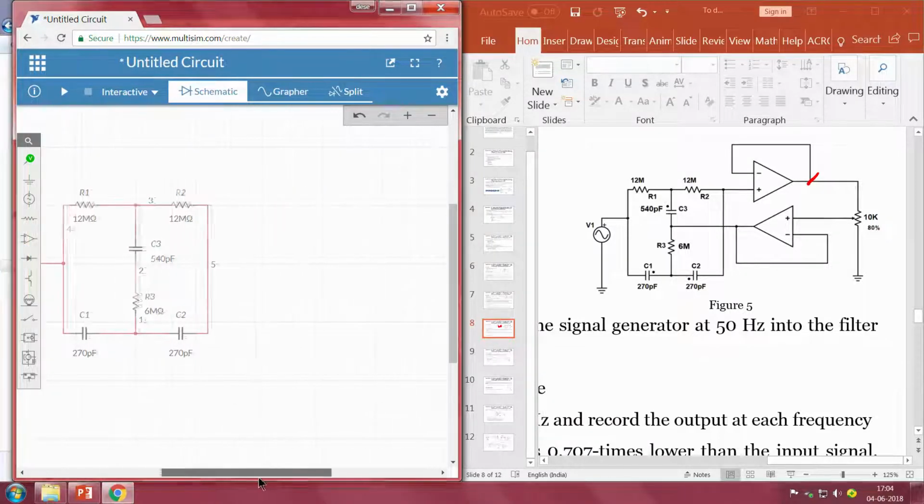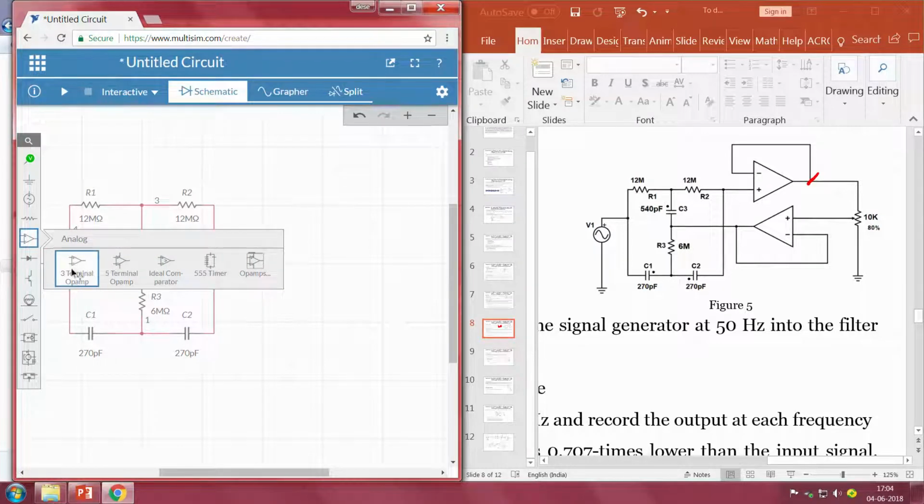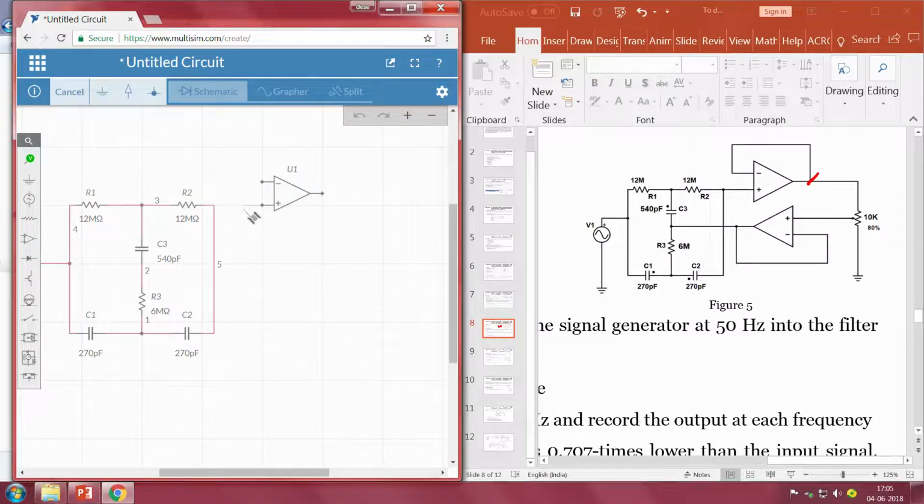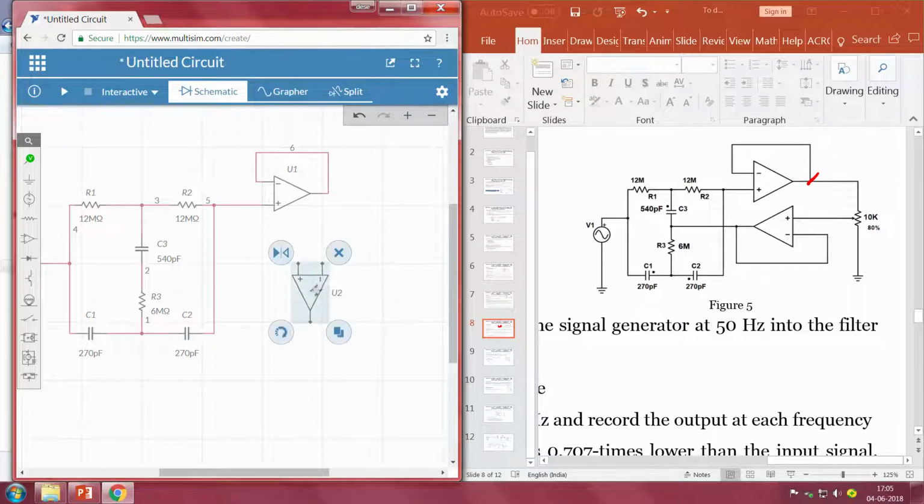And we need 2 op amps. So, 1 op amp we are taking here, and the purpose of these op amps is, one is to provide impedance matching, the other one is to provide some offset to the system. So, what we do is we will flip the op amp. The connections will look similar to the connections that we see in our circuit board, right, and we will take one more op amp and rotate it, okay.